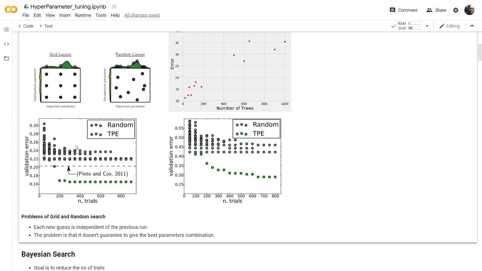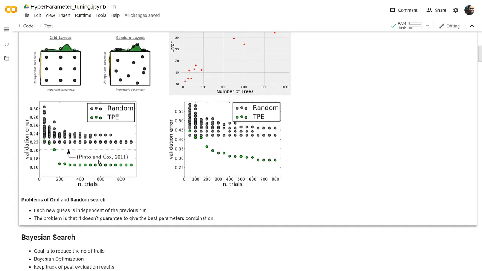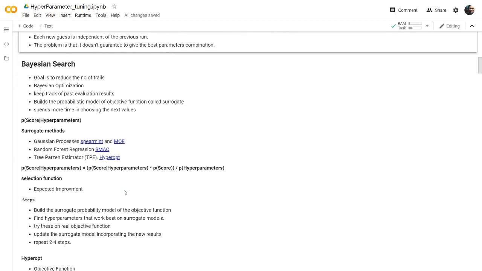There are many times it has happened, but when you see the TPE, it is far less than that. This is the advantage of the Bayesian search: it will take only a smaller number of validations, and that is the biggest difference. I'll explain how it works and everything, and let's see how that works.